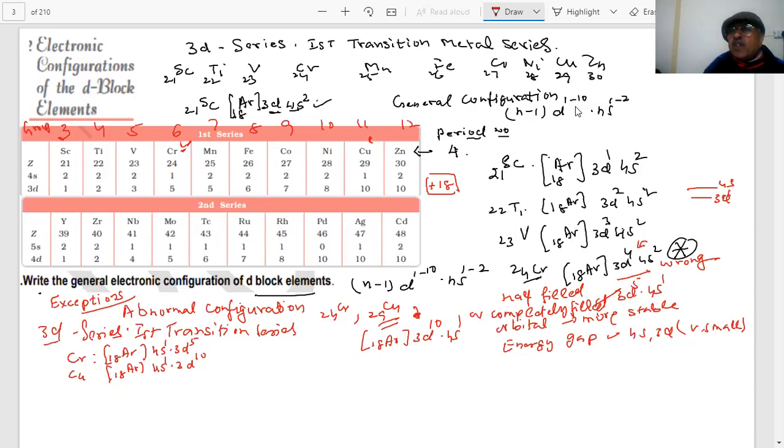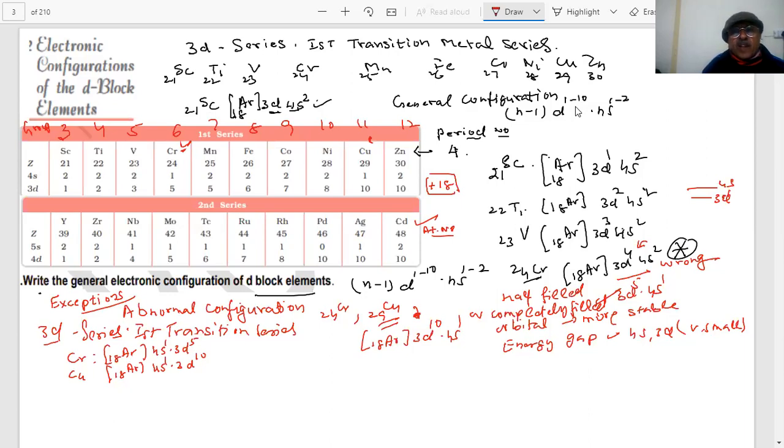Total 10 electrons can go into d. So in group 3, you have scandium and then yttrium. If you add 18, 39. The atomic number of this is not given, but I can easily calculate it by adding 18. Zinc is 30, add 18, 48. That is the atomic number of cadmium. Got it? This is how you get the atomic numbers. Everything has to be learned, not by rote.